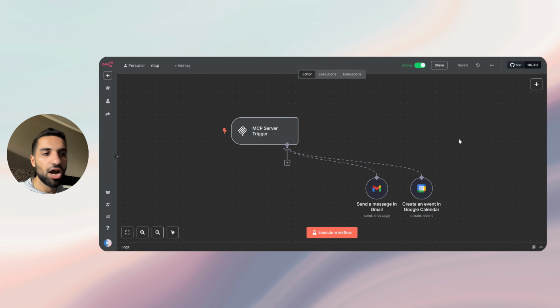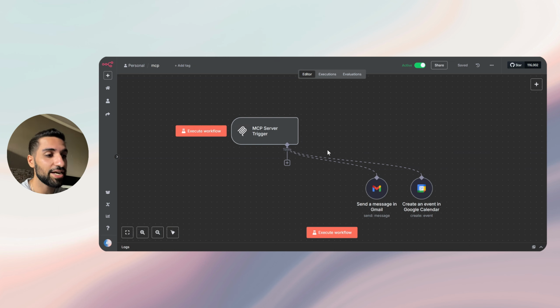All right guys, right now I'm in my N8N account, and if you don't have an N8N account, I'm going to put a link down in the description. Just click on that link and go ahead and open your account with N8N. They will give you a 14 day free trial. It is more than enough just to build your first AI agent or AI voice agent